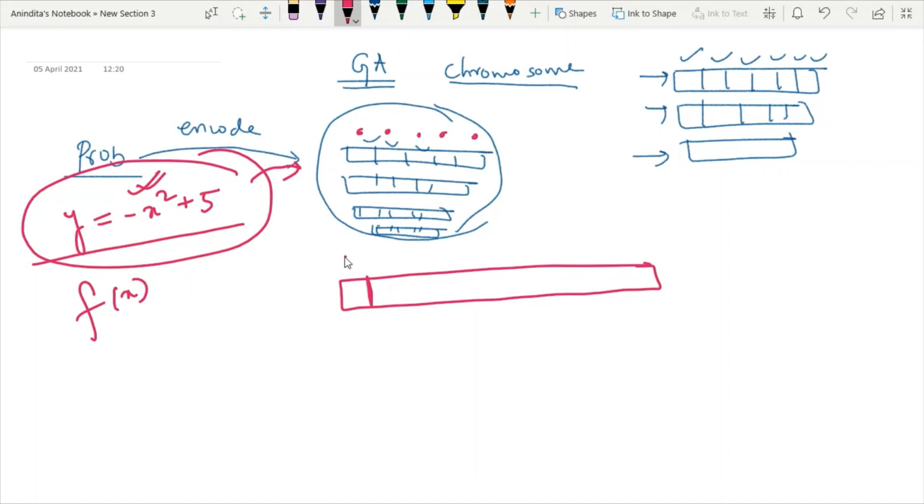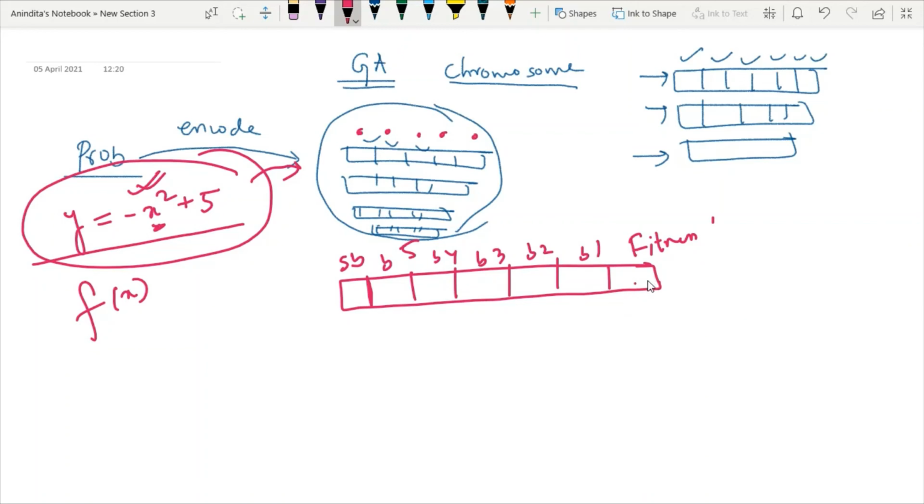Then I will say this is my sign bit, and then we will have bit 5, bit 4, bit 3, bit 2, bit 1. These are the value representation, and then at the last position I will store my fitness function. The value of the fitness function I will store in this last column.